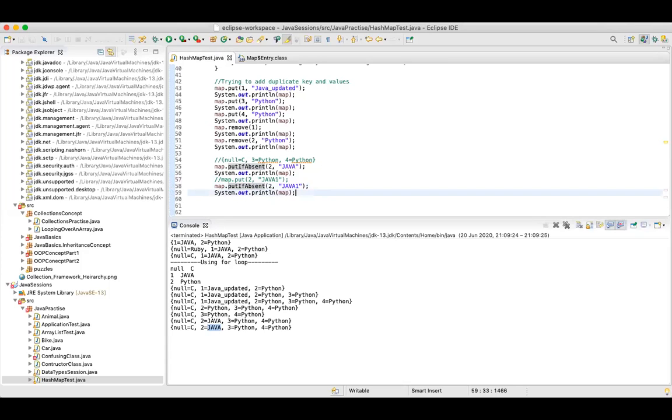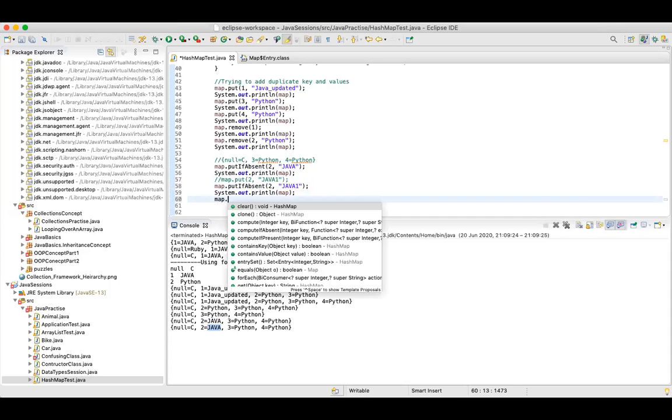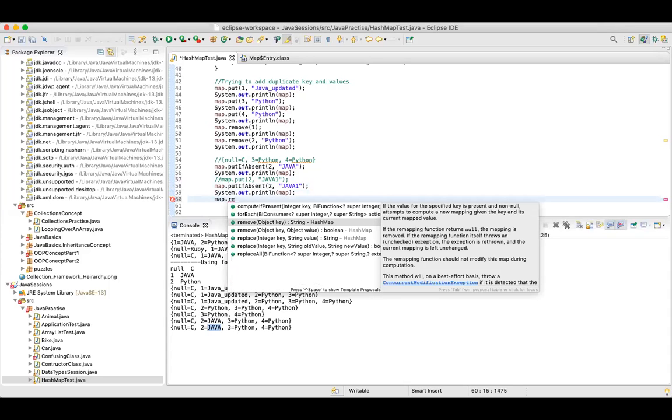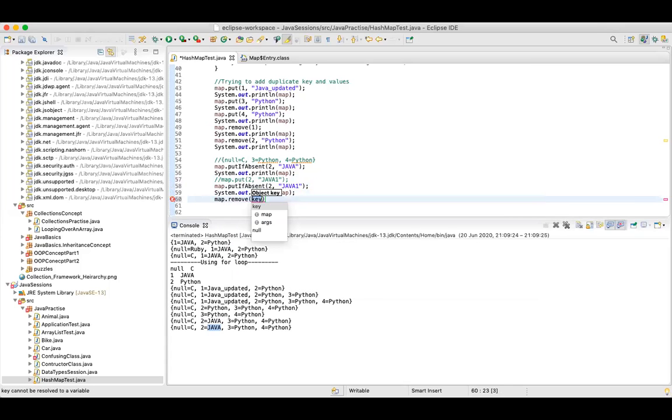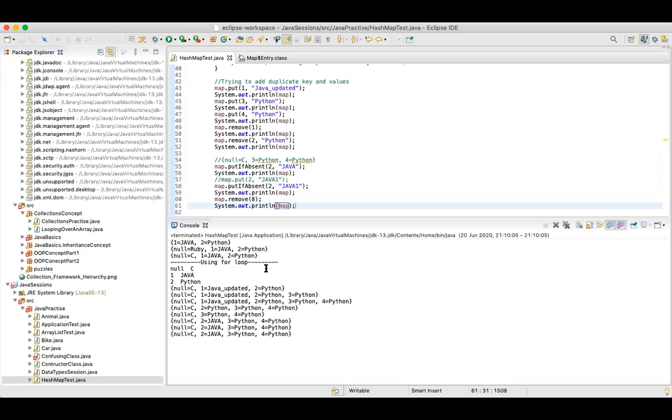Now, let's try to remove something. If I specify a key 8, this is my final list, and after removing, I again have my final list, because the system tried to search for key 8, but there is no key 8.